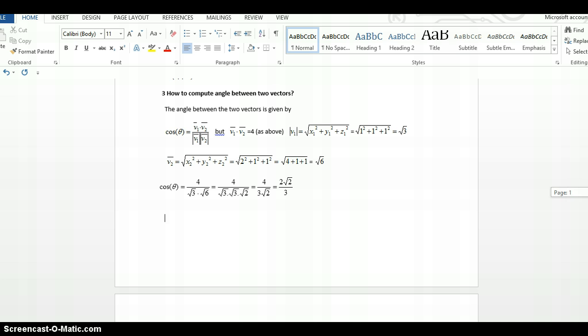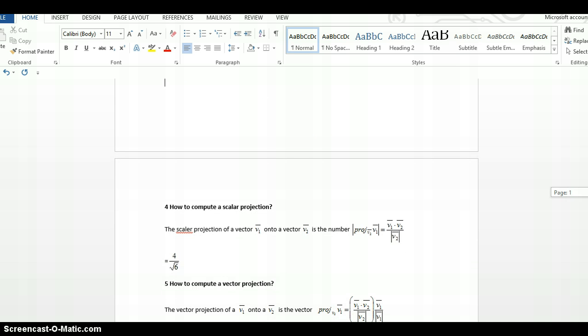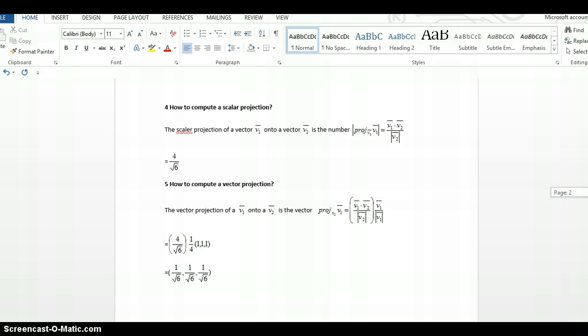So the fourth part of the problem is to compute a scalar projection. The scalar projection of a vector v1 onto vector v2 is the number proved